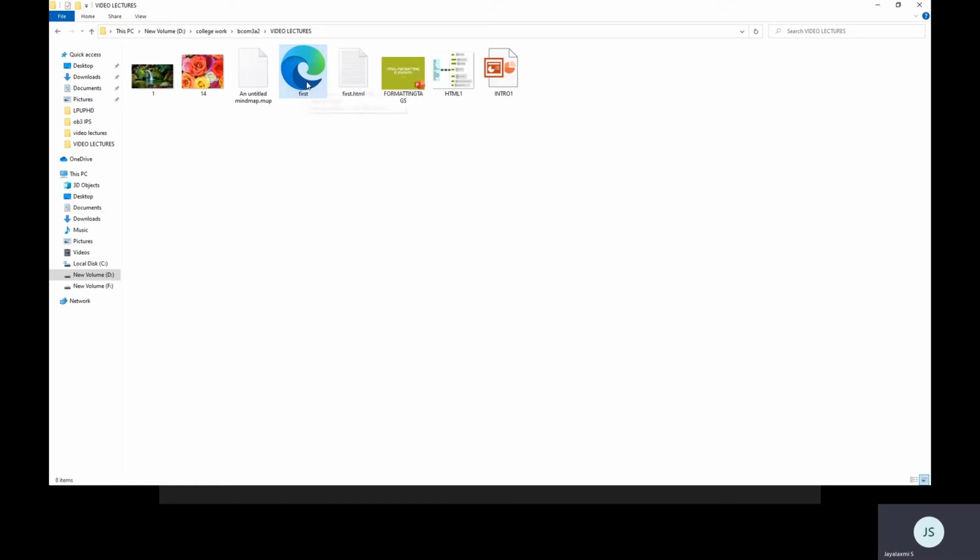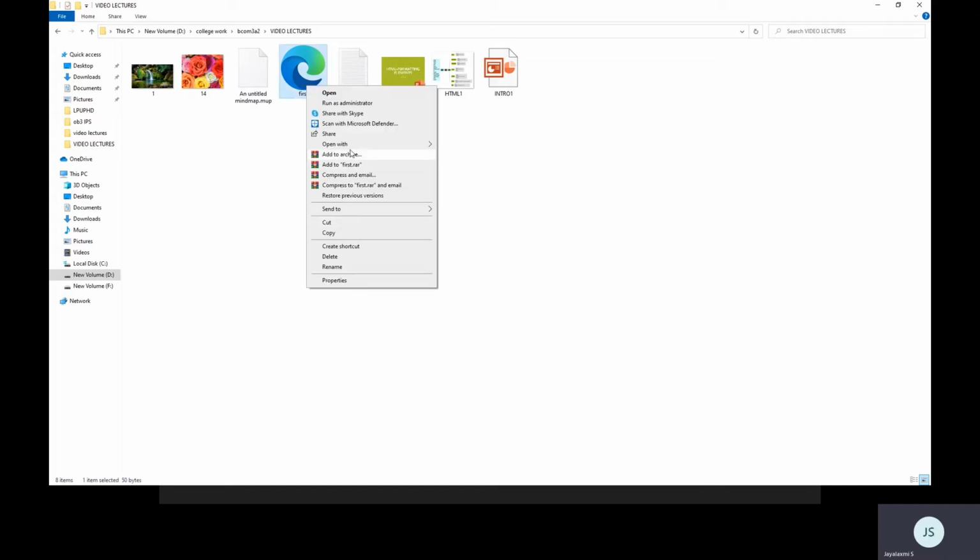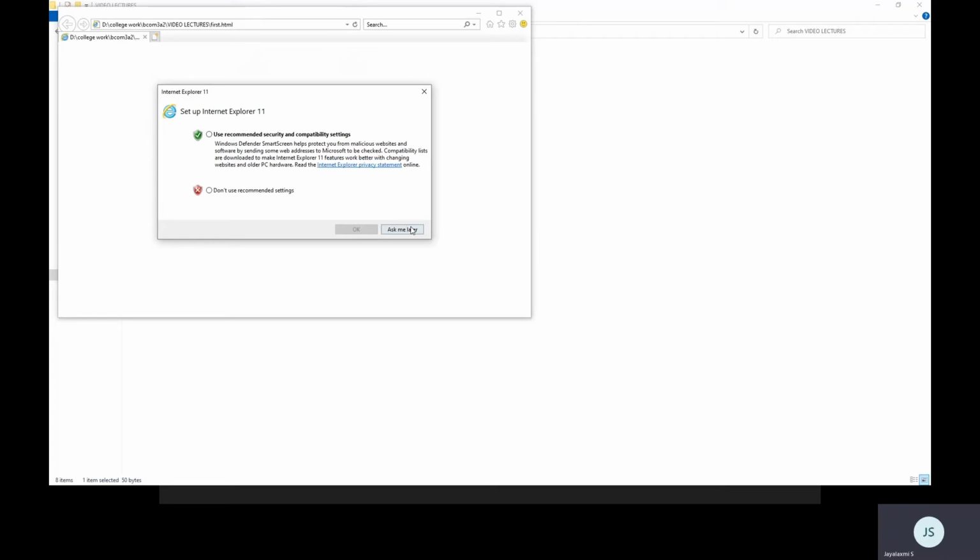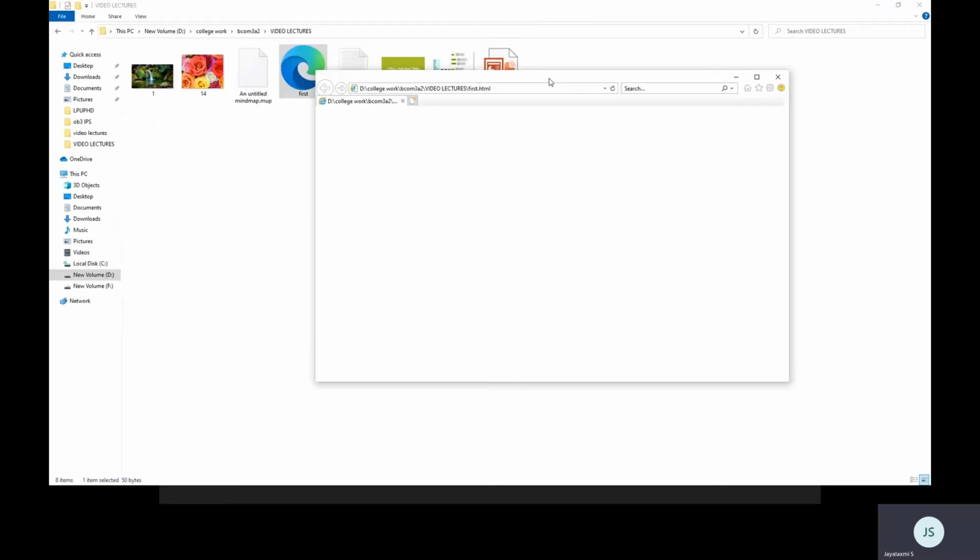So this indicates that this is your web page document. You can open this with Edge. Default is Edge, so you got the symbol. Also, in your operating system, if the default is Chrome, you will get a Chrome symbol. No need to worry about the symbol. It's only the default application, and based on that, the symbol is shown. You can even open with any other application. Just say open with and select Internet Explorer. Yes, you got your program.